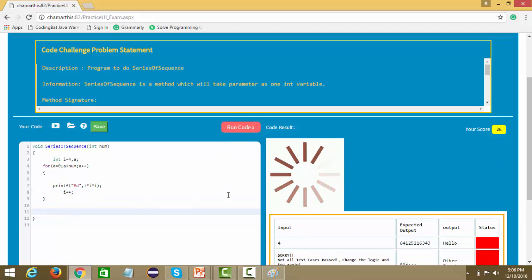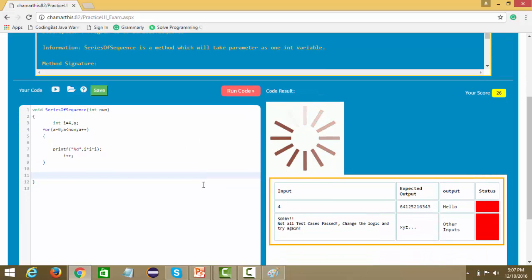Once you run this code, it takes a couple of seconds to build the solution, and it comes up with the respective